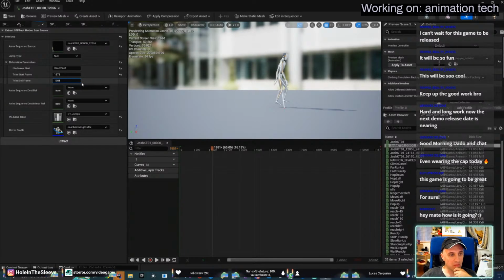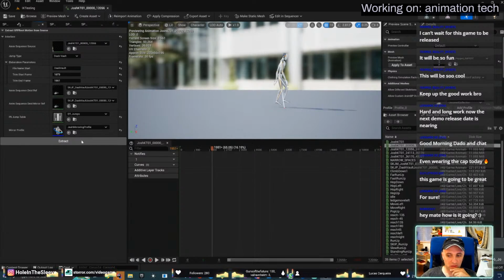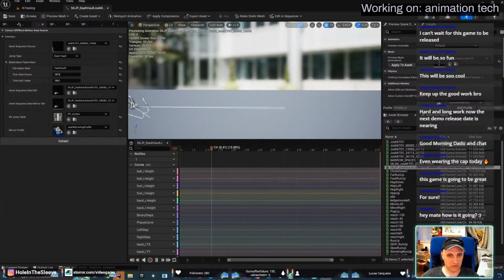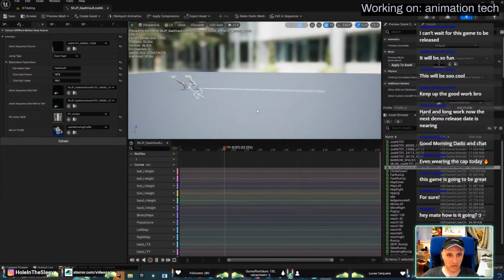Alright. Can we save this or is it going to crash? Right, it's nothing. Start and frame range invalid. That's interesting. Is it what? What is this?